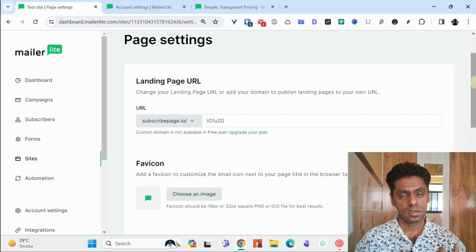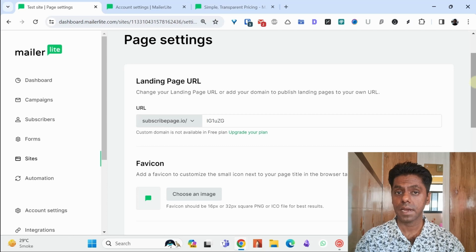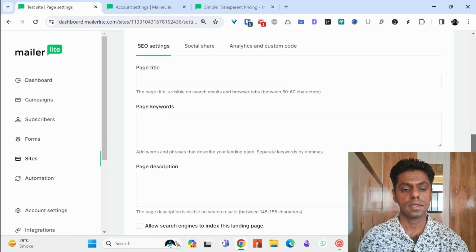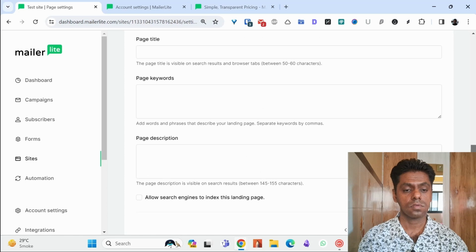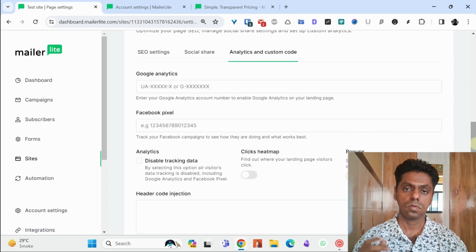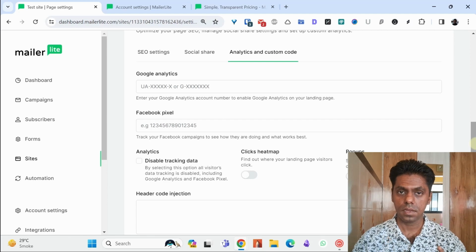If you want a custom URL based on buying a domain, you can do that, but in the paid plan. So you can have your own domain and then redirect from there to this particular landing page. You can have basic SEO settings in this page: title, page keyword, whether you want search engines to index it. You can have analytics and custom code in it. So you can put your Google Analytics and it will get tracked in Google Analytics how many people are coming